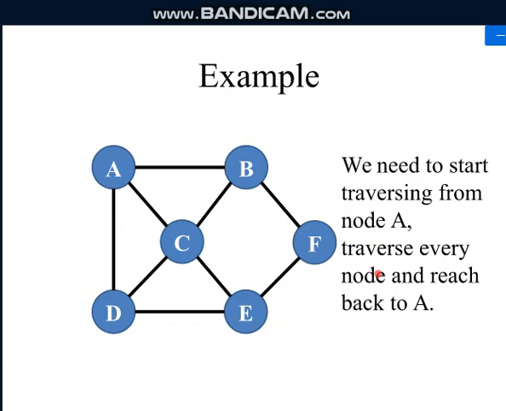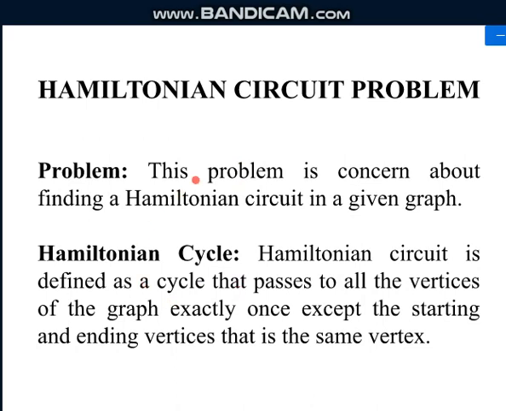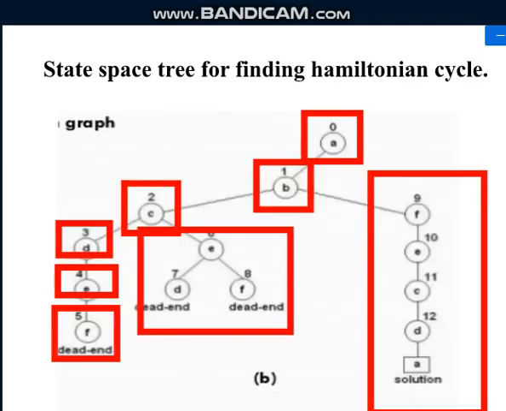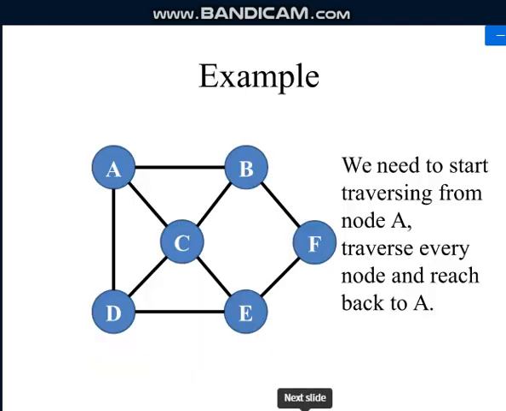I hope you have understood what a Hamiltonian cycle is. Okay, so it is nothing but finding a circuit. A circuit is nothing but it should be a closed one. So that is nothing but a cycle. So a Hamiltonian circuit is a cycle that passes through all the vertices of the graph exactly once, except the start vertex. So the start vertex also, you should end on the same vertex. So if you start from that particular location, you reach back to that location. You have to visit each and every node and it should form a cycle. So this is how you are going to work on a Hamiltonian circuit.